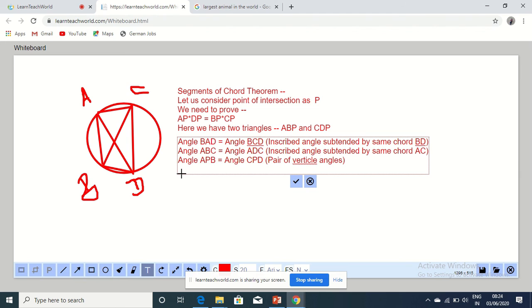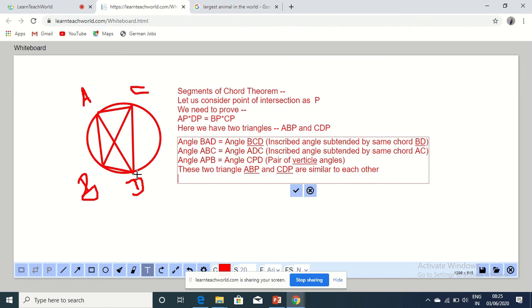Now what we can do is there are three angles which are the same. So if three angles are the same, what we can say is these two triangles APB and CPD are similar to each other. So basically these two triangles ABP and CDP are similar to each other. So according to the concept of similarity, because these two triangles ABP and CDP are similar,